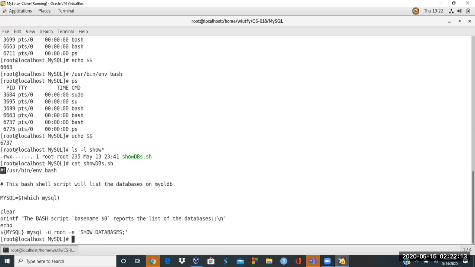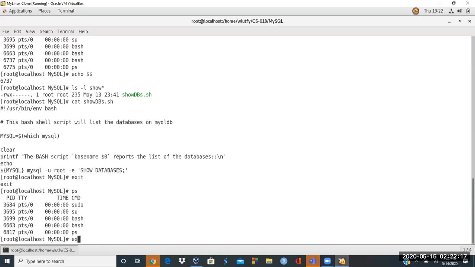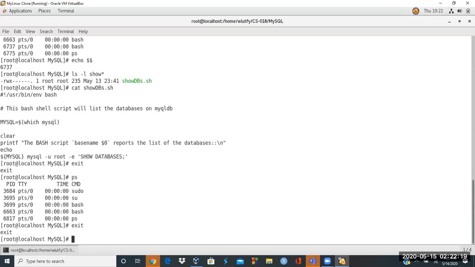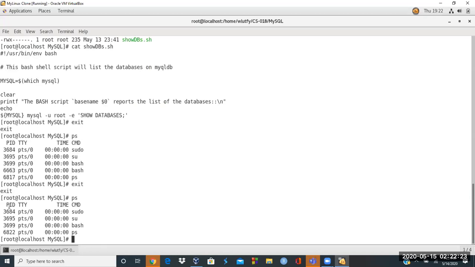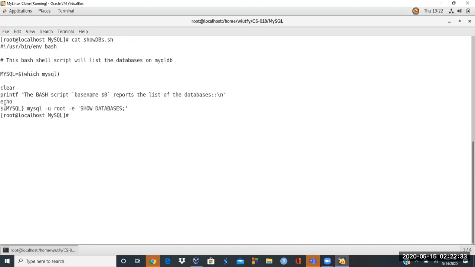So if I just exit out of this, and I'm going to exit one more time, now I'm on my main one. Now I'll show you the script again, cat the script file, and if I just run that script, there's many ways I showed you that it's going to run. So one way is, for example, if I just say